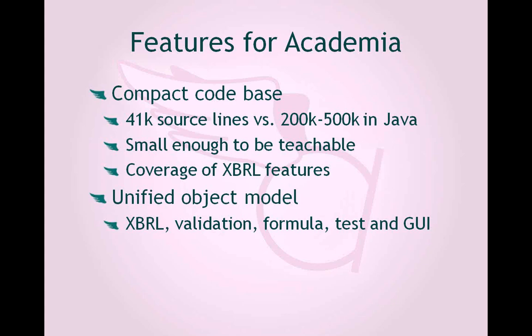But one of the things that was kind of a guiding interest here, I think that the open source stuff that's hit the academic community has always worked very well. Unix kind of got going back in the IBM run world of PL1 and OS 360. Unix got going because somehow they grabbed the attention of academia. Linux got going because they grabbed the attention of academia. In the XBRL world, we have some very small pieces of academia. Most of them are from the audit community that I'm aware of, but some of the things that I think make it suitable for academia for the first time is that at least with the Python focus, this thing is